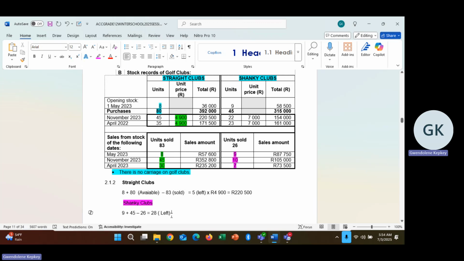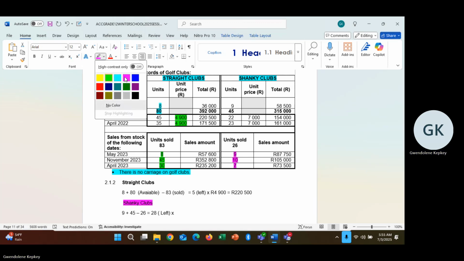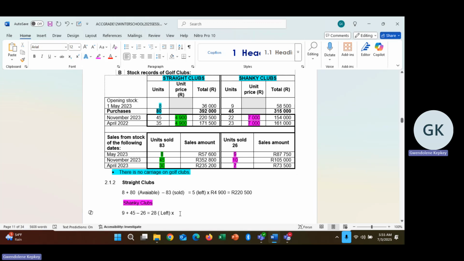I now need to multiply that 28 items by the unique cost price per item. If I do so, I will multiply that by my 7,000 and I will come to a Rand value of